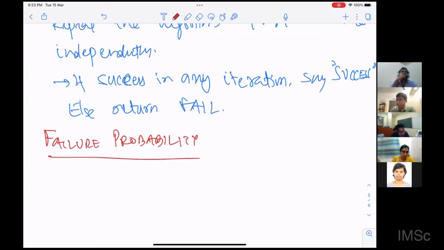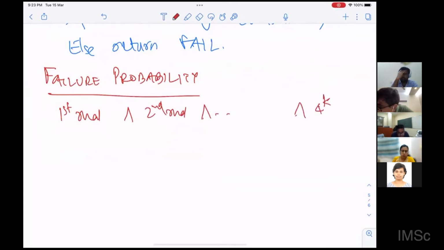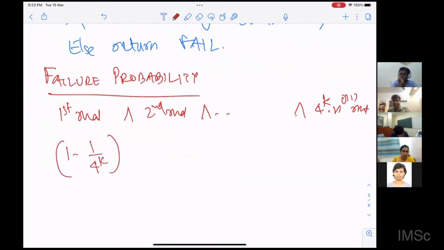Okay. So what is the probability that it fails in the first round and second round and so on and so forth, in 4 to the power k n to the power of big O of one rounds? In the first round, the probability that it fails is 1 minus 1 by 4 to the power k, right? And these are independent events, in the sense that when I run my algorithm the first time, it does not depend on when I run it the 10th time. Like I forgot everything and rerun this algorithm with a new set of independent choices, which means the probability that it fails is upper bounded by (1 minus 1 by 4 to the power k) to the power of the number of rounds